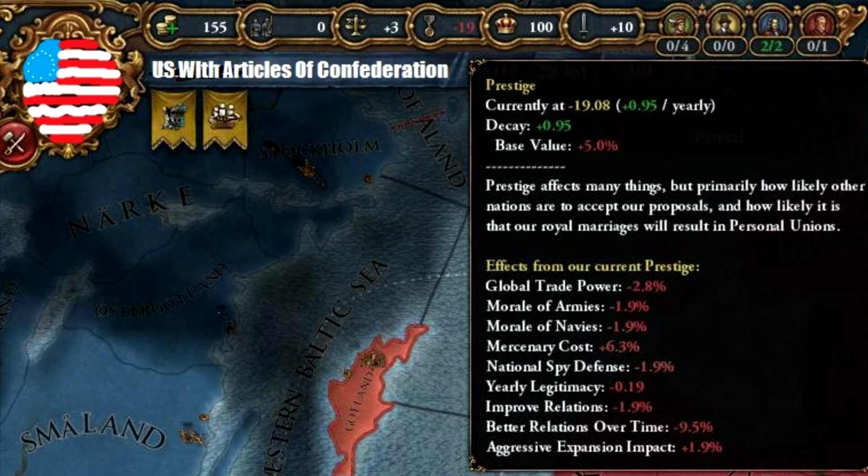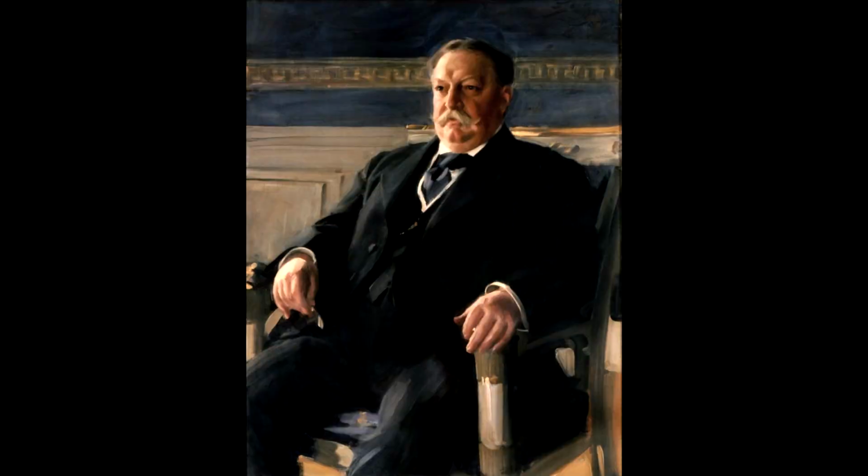As in the previous section, the Articles failed to unify the states and embarrassed the nation on foreign affairs. It was simply unable to act productively. It also failed to keep the soldiers paid. Many of the prominent national leaders retired from public life and would hold minor state jobs. That, along with most people being fine with their local leaders, led to the further inability of the Congress to